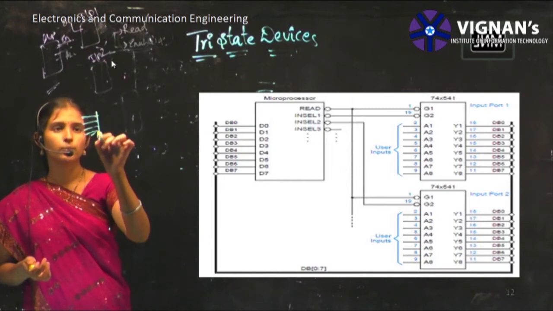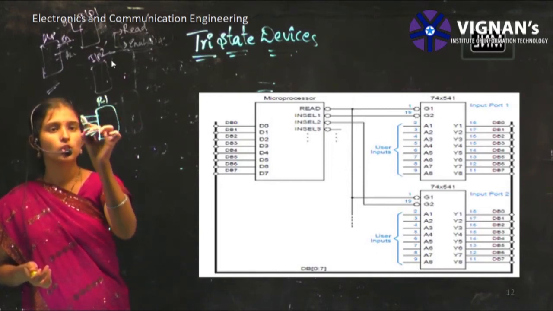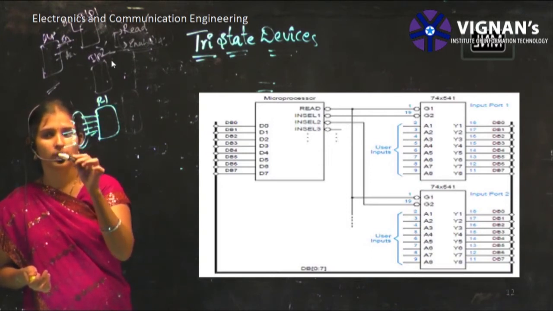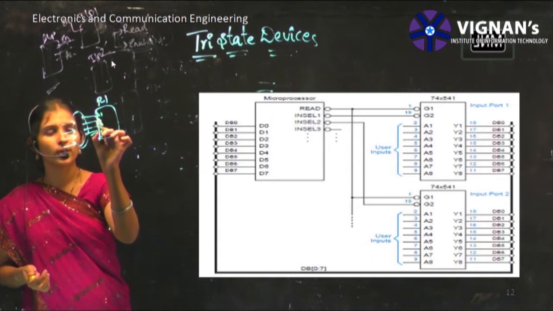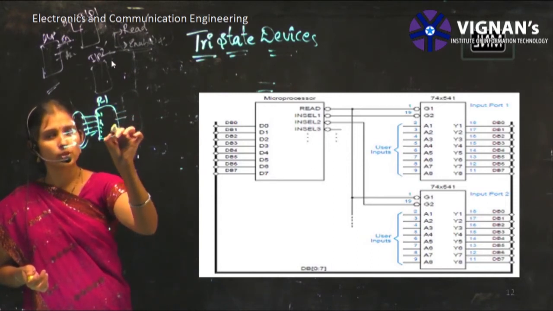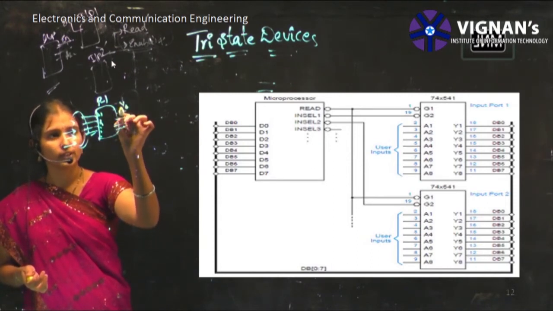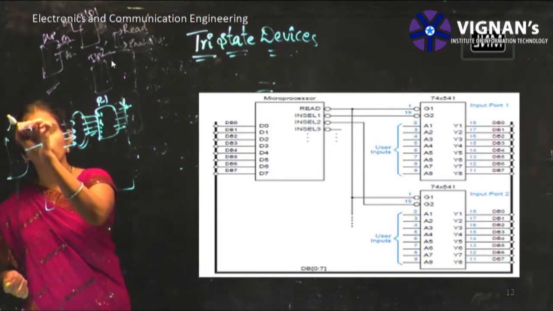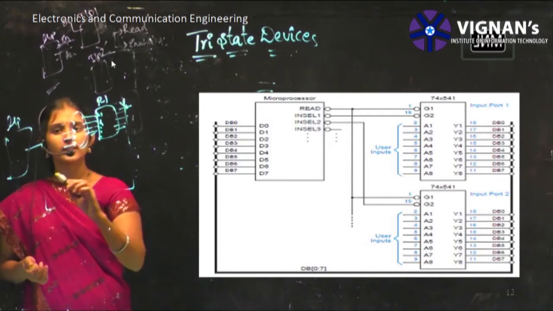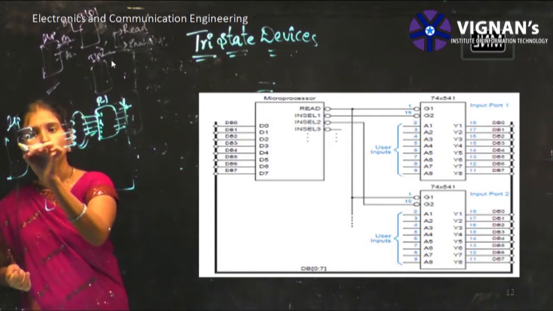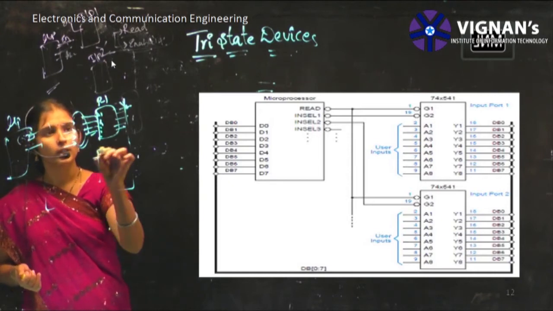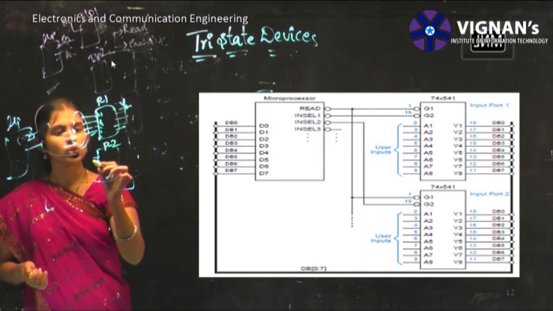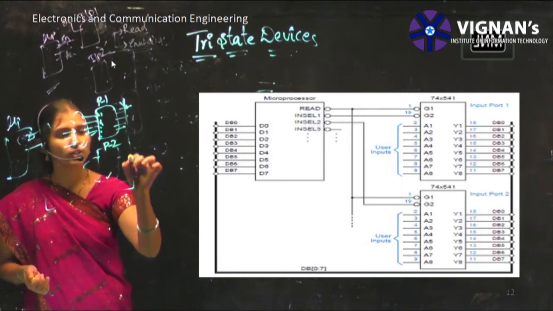So this is your input peripheral 1. Whatever your user inputs, as you can see from this diagram, A1, A2, A3, and so on, will be placed onto Y0, Y1, and this will be provided to a microprocessor. At the same time, if selection line 2 is provided to peripheral 2, that peripheral will be active, so whatever your inputs are will be placed onto the Y output.